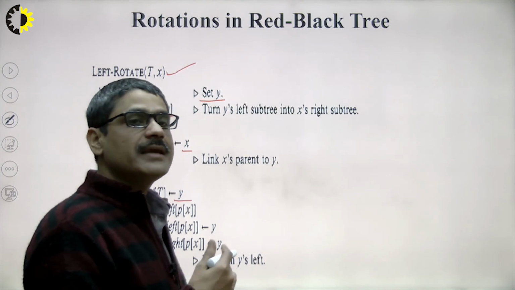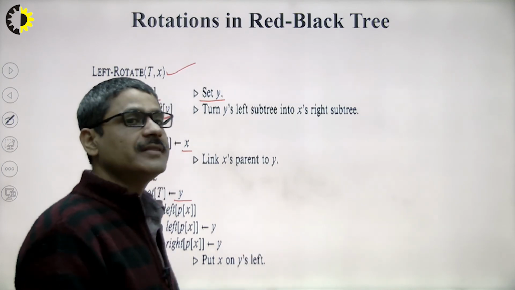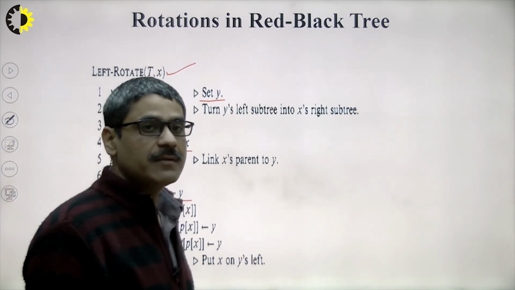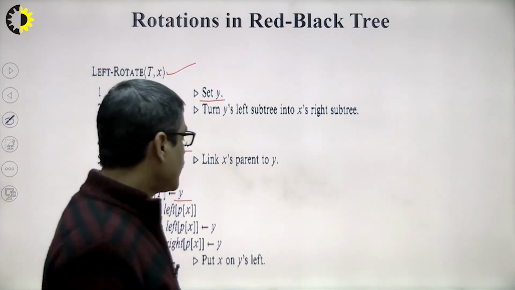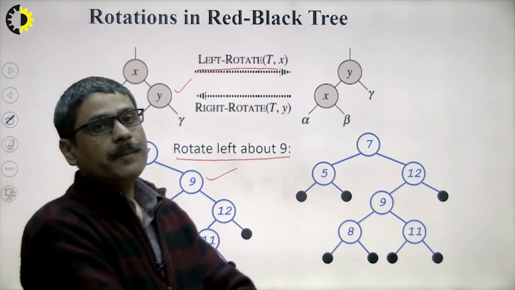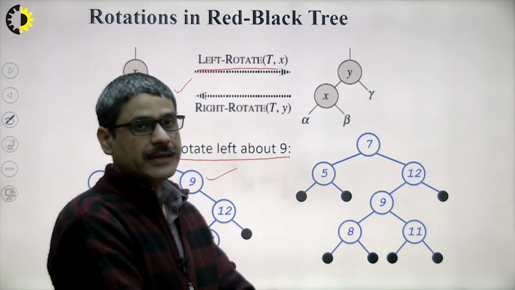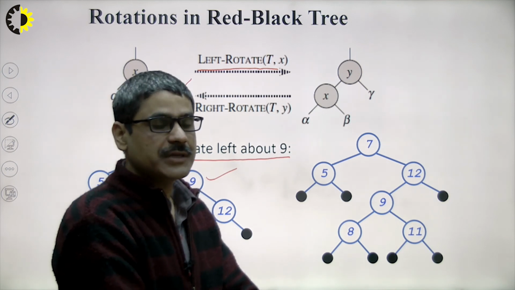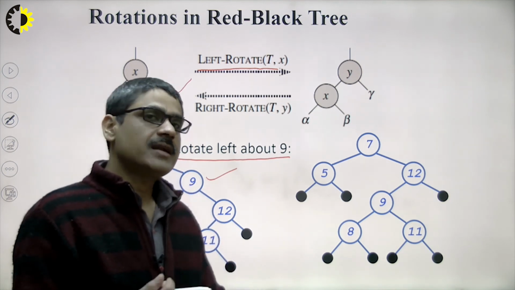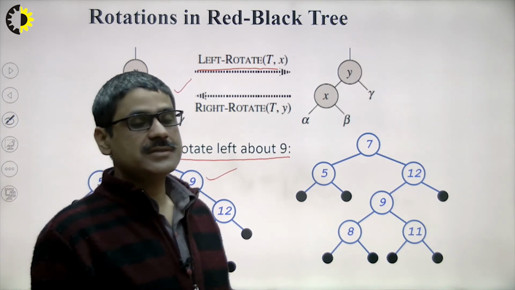So we have to make these amendments, and after that we get the exact left rotation of this red black tree. This is a very important operation, because using it you balance the tree. That is basically the rotation operation, and it is very important for the red black tree for insertion and deletion, because these two operations are very important.